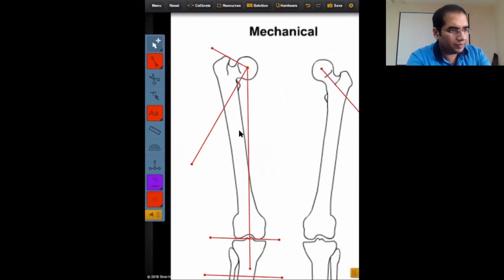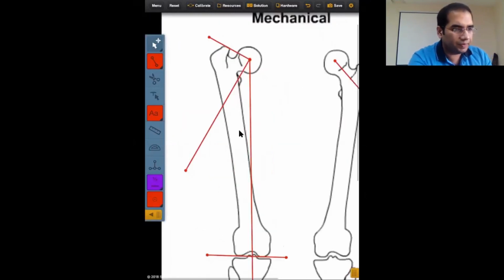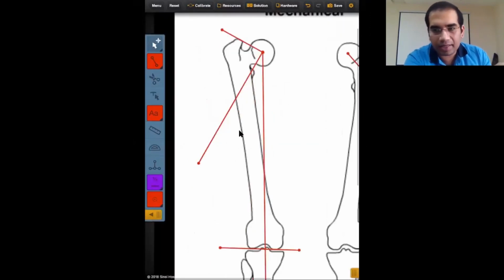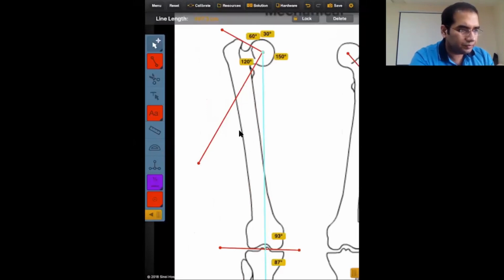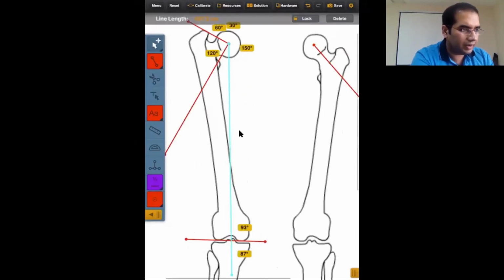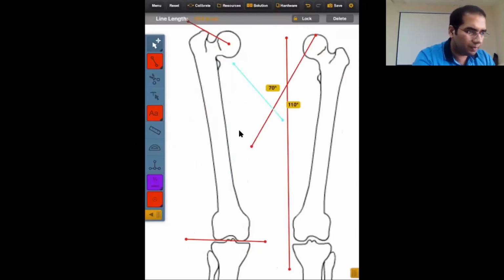I want to show you again so that you can understand what is happening over here. I'm going to draw another angle. First, let us draw using the mechanical axis, and the anatomical axis as well. Afterwards, I'm going to correct this deformity so that you can get a better understanding. Now I'm going to draw this line and take this line to the side. We will bring that back later on.